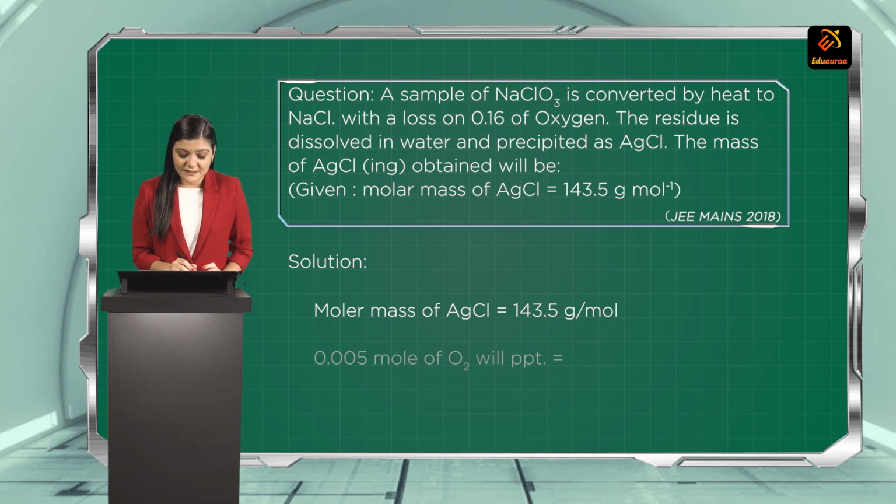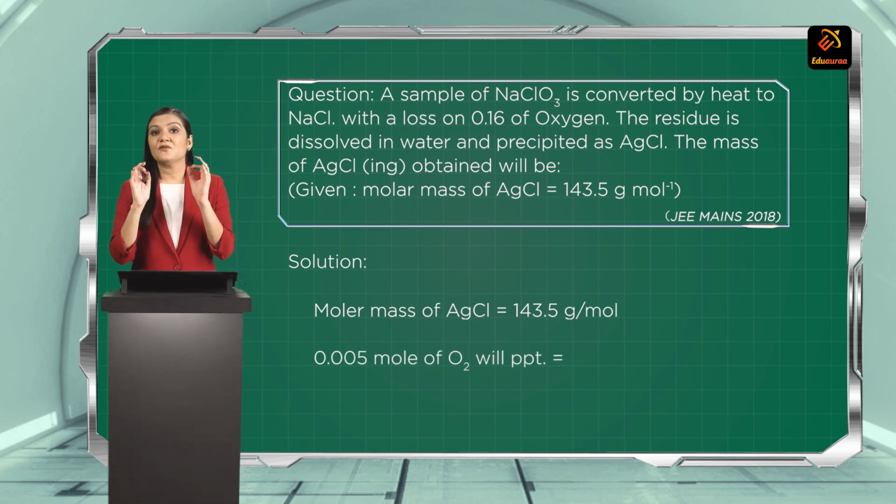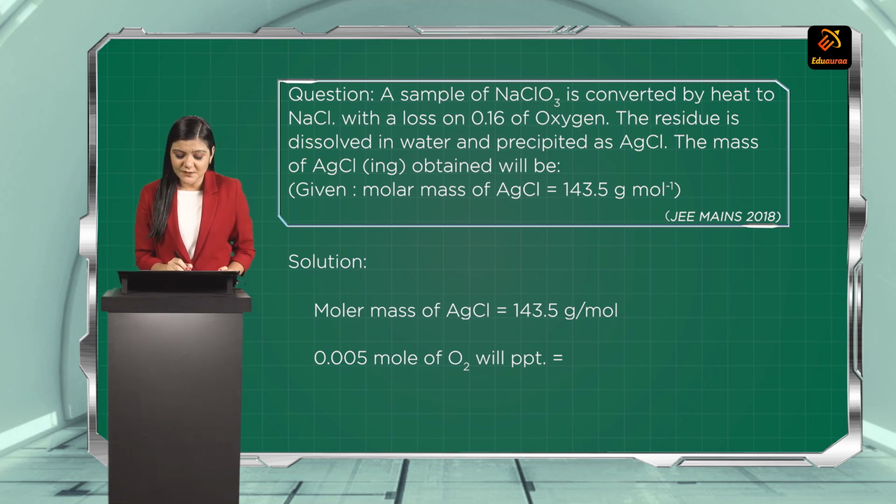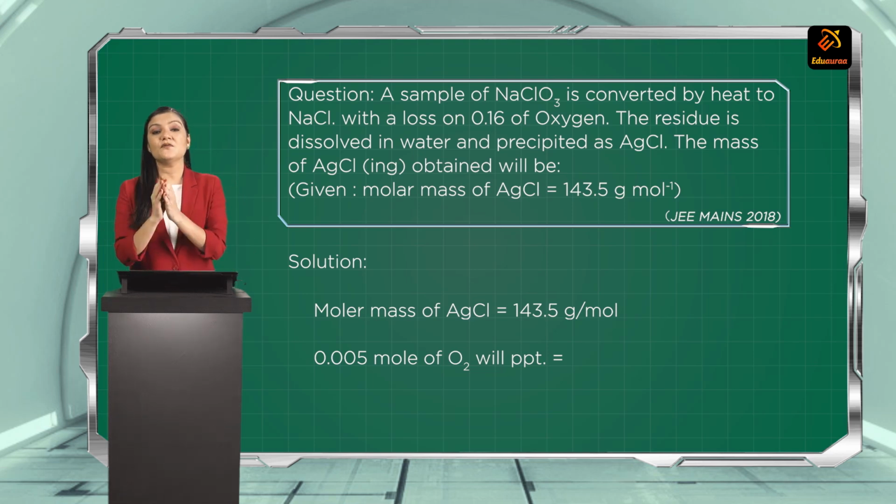Now 0.005 moles of O2, if I consider, then this is the amount which is released when NaClO3 is forming NaCl. Now students, for 0.005 moles of oxygen released, my answer is